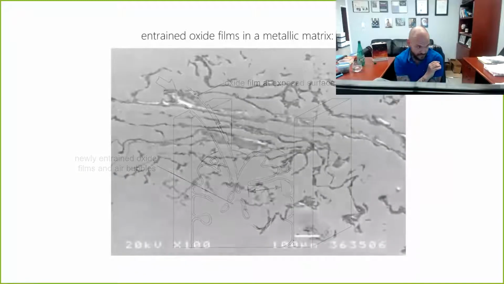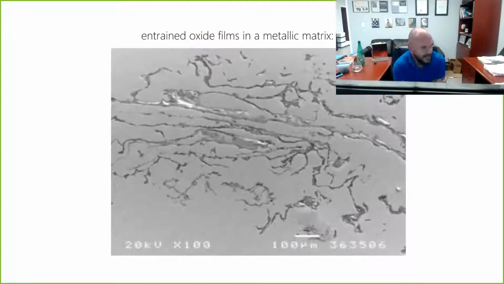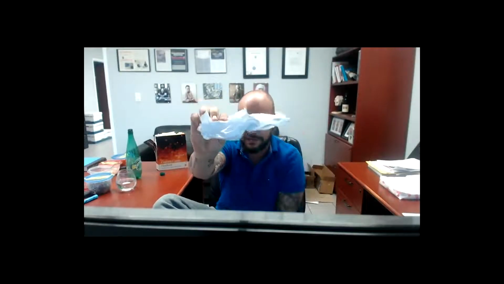Now, this is some SEM work showing furled bifilms in a fully solidified casting. So this is a casting that's solidified quick enough that these oxide films didn't get a chance to open up or unfurl. However, they're still there. So this is what we call the furled oxide film. And you can see as clear as day, if you look at the cross-section of those, and then understand the cross-section of what we're looking at here, these crumpled up features, you can see as clear as day this is what we're looking at, right?